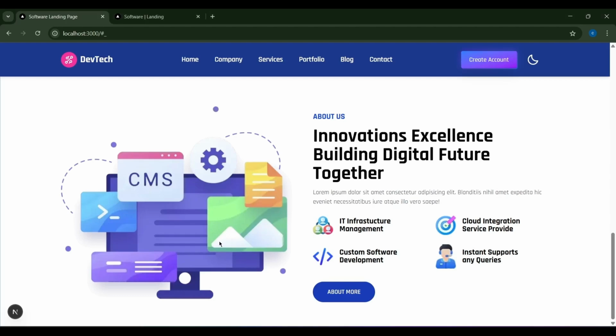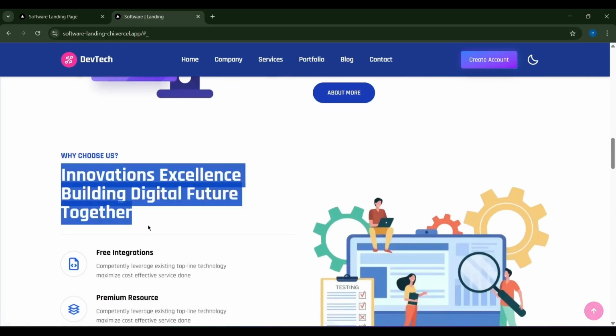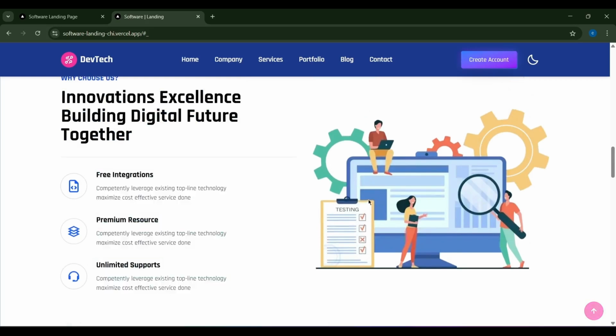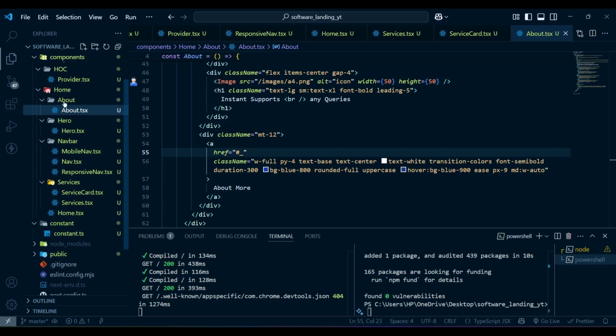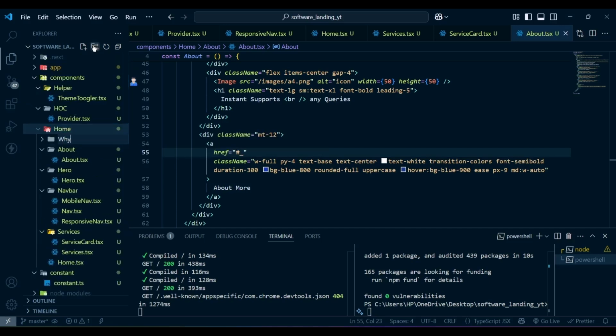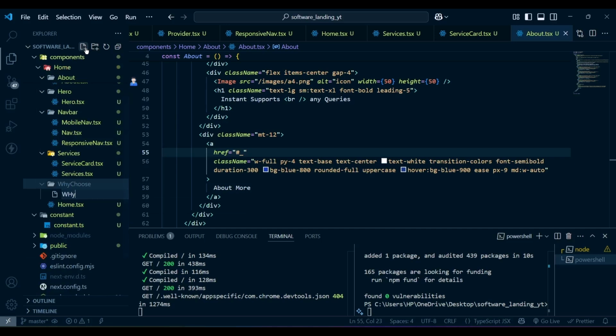Next, we are going to build the Why Choose Us section. So if I show you the Why Choose section, here you can see we have some text content, some list and an image. So to build this, first I'm going to create a new folder inside my home and I'm going to name it WhyChoose, and inside this I'm going to create a file called WhyChoose